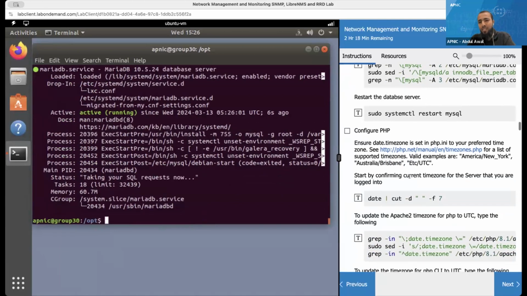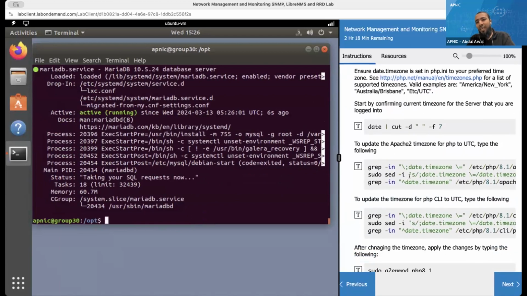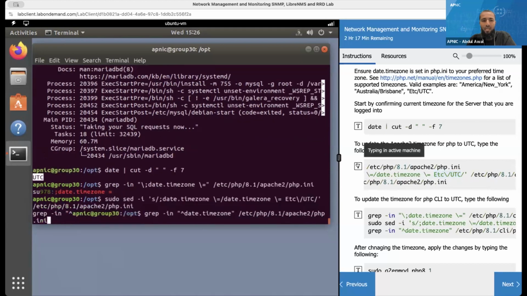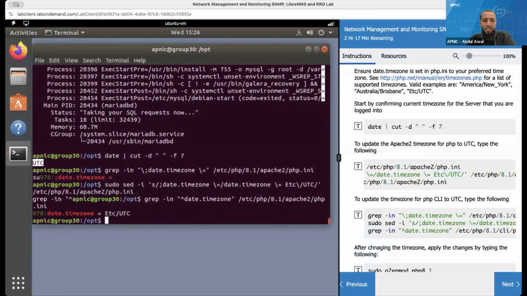So my MySQL part is done. But for PHP, I need to set my time zone. What is my system time zone now? If you use this command, it's going to give you a summarized time zone, it's UTC. Now let's go and change a similar thing. This is the sed command to change the time zone to ETC, UTC. Okay, so if I click here, enter, you see that the time zone has been changed to ETC, UTC for